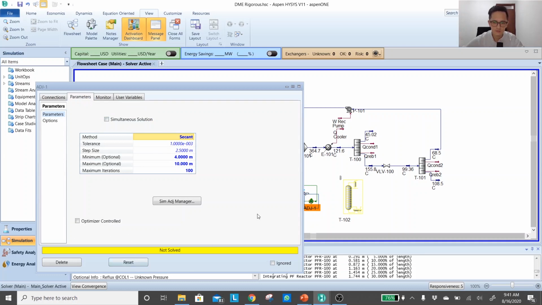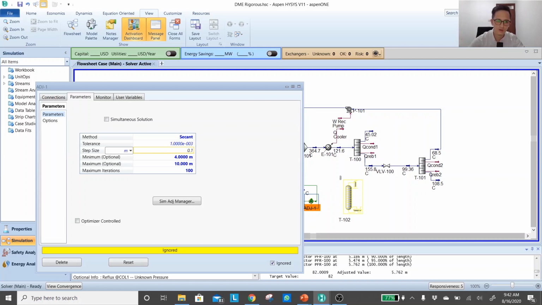Okay, if you find something strange, you can reset it. Okay, and then you can stop by putting the ignore. It will stop the adjust. I think the problem is because we haven't changed the number in the step size. So every iteration they will increase the step size by 2.5 meter, which is very big. So let's say from 4 meter they will try the next iteration at 6.5 meter. So that's probably too big.